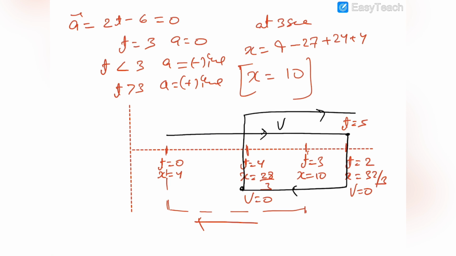So when the object is moving from t is equal to 0 to 3 seconds, acceleration is negative, and therefore the retarded motion is from 0 to 3 seconds. So the distance traveled from 0 to 3 seconds is 10 minus 4, which is 6, plus beyond 3 seconds in this region,